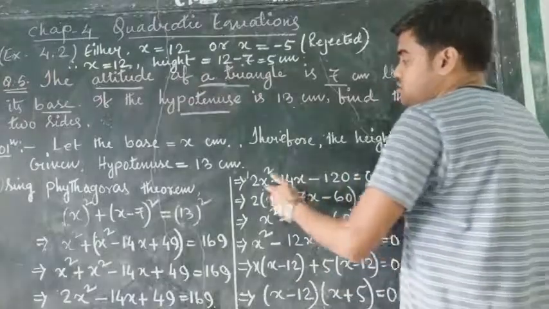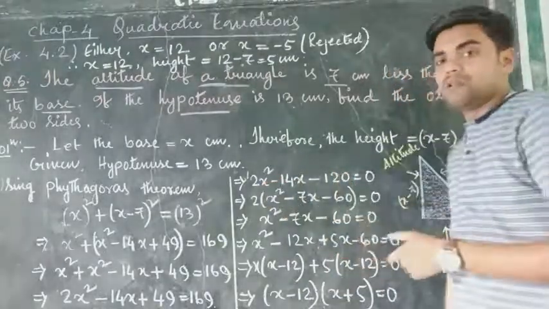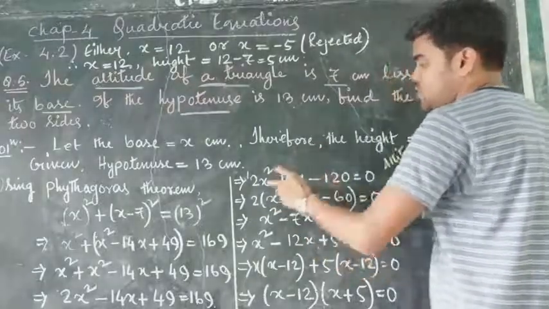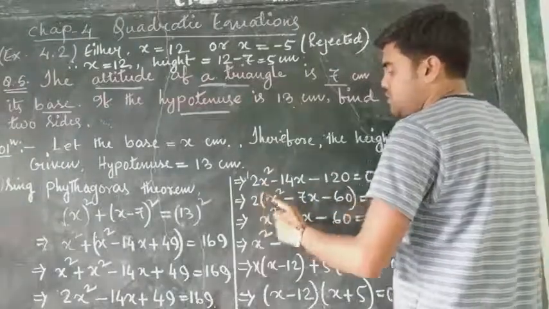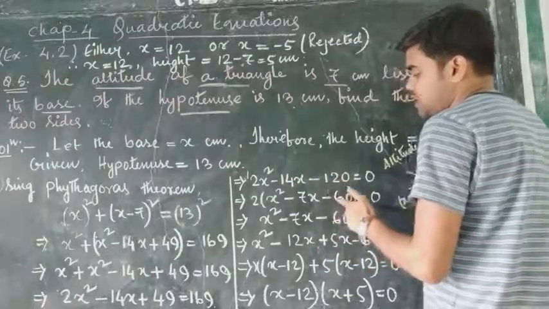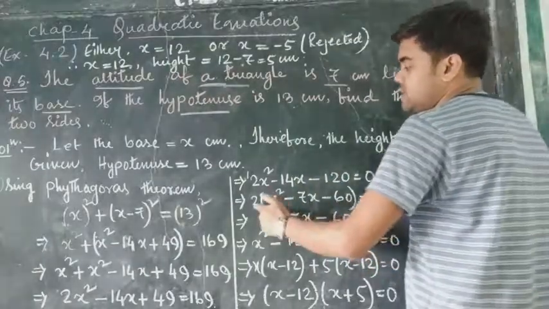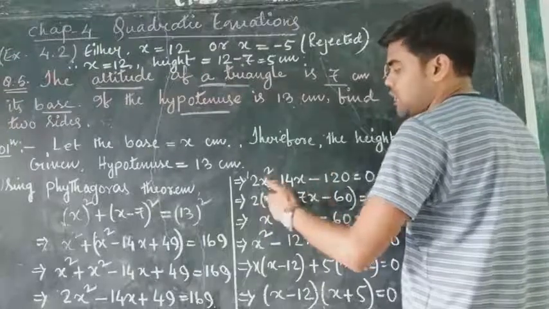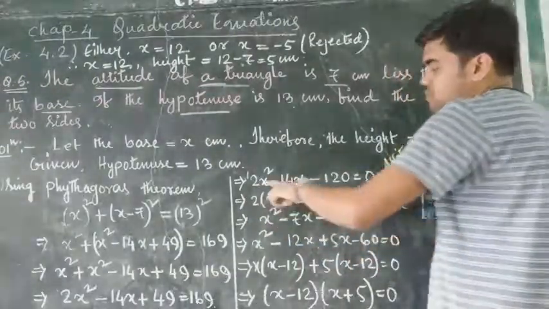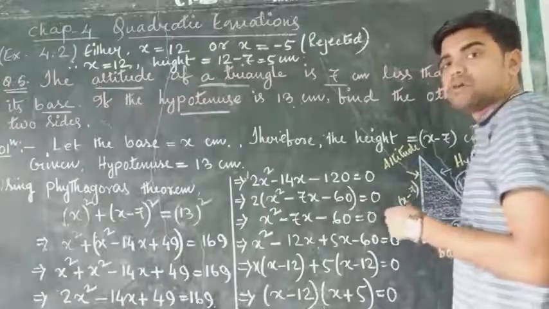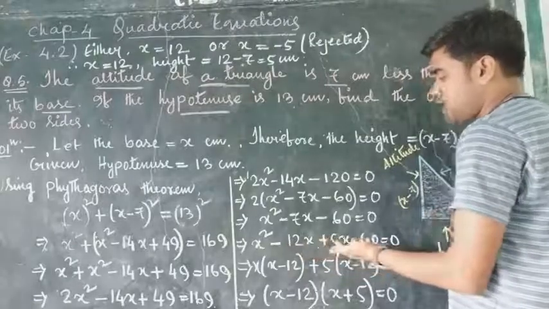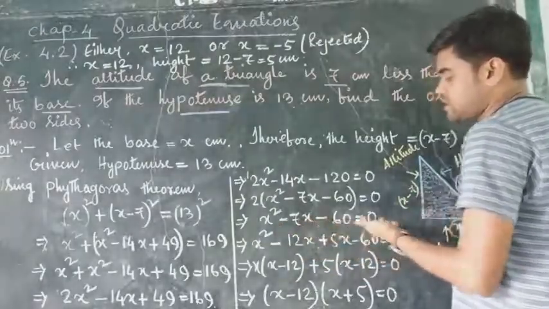120. So now you can see in each and every term 2 is common, because 2 is a number which can divide each and every term in this equation. So we take 2 common, and inside the bracket x square, 2 times 7 is 14, so 7x, and 2 times 60 is 120, so we write here 60. Okay, now you can see these two multiply the whole terms of the bracket. So you can move that 2 from right to left. When you move the 2 from right to left, that means 0 divided by 2, and 0 divided by 2, you know the answer is 0. So x square minus 7x minus 60 equal to 0.